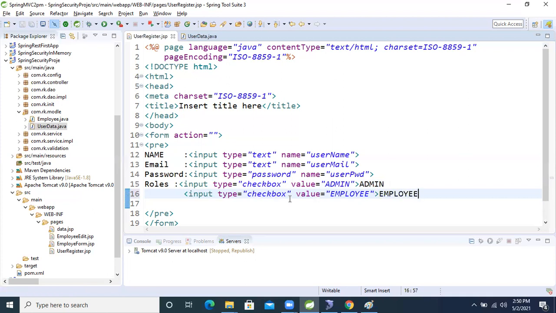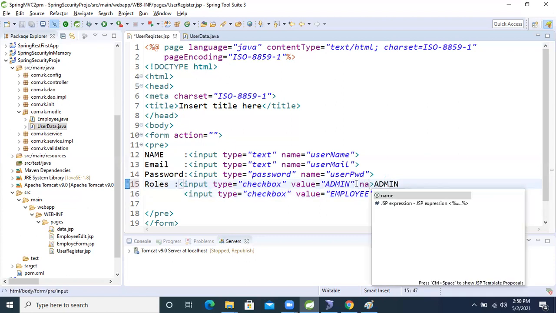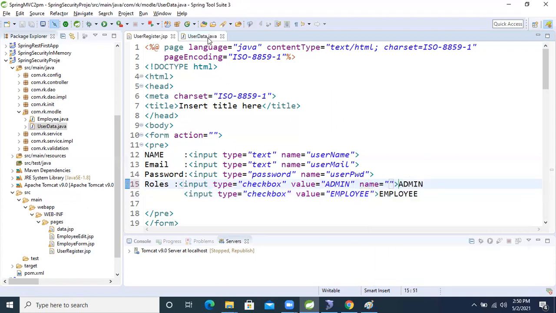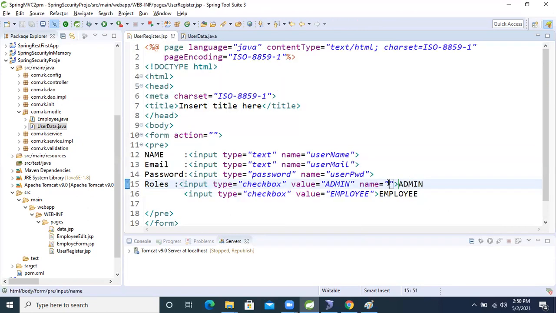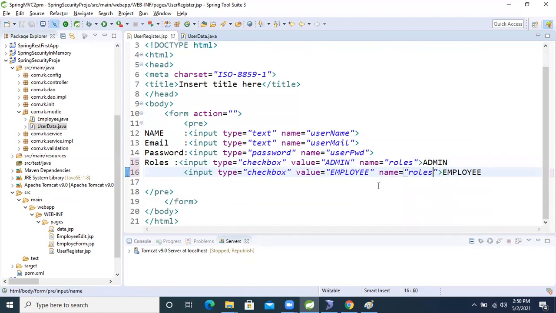Fine. So now here we will take one more attribute, name. What is the name? Here roles. We will take this attribute and paste it here, and another one also. Paste it. Okay, so our form is ready now, guys.